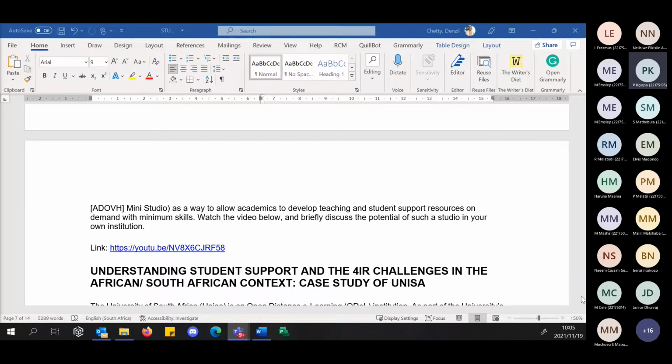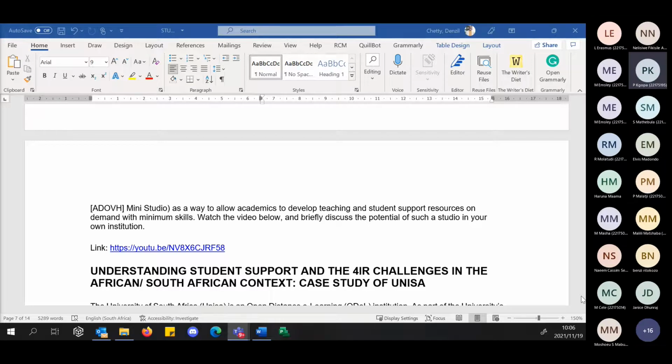Now, what this meant is that we needed a recording studio that offered firstly an ability to produce videos on demand, but with the professional studio look and feel. So remember, we didn't want to compromise quality, but we wanted to produce something on demand. Thirdly, we wanted the studio recording to be with minimal skills for our academics. And as I said earlier, not all our academics have the digital skills to go into a studio, understand how the cameras work, which buttons to press, where to stop, where to record. And many people are using PowerPoints, so this can be quite critical for us.